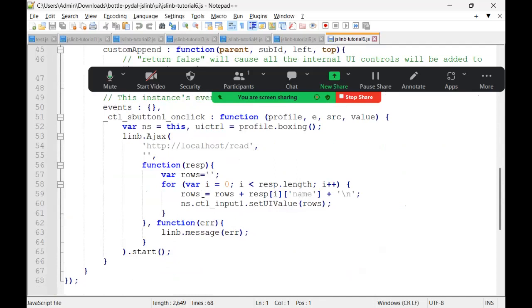Here I had mentioned, this is the example in which I used a slightly different, older style for loop. This is a lot like what you see in C++ or some older languages, where we create a starting variable, set it to 0, go to a variable which is the length of the number of rows, and then increase it by 1 each time. And then we're doing the same thing we did before. We're creating our rows variable, getting the name from each row in the database results, appending a new line character, and then setting that